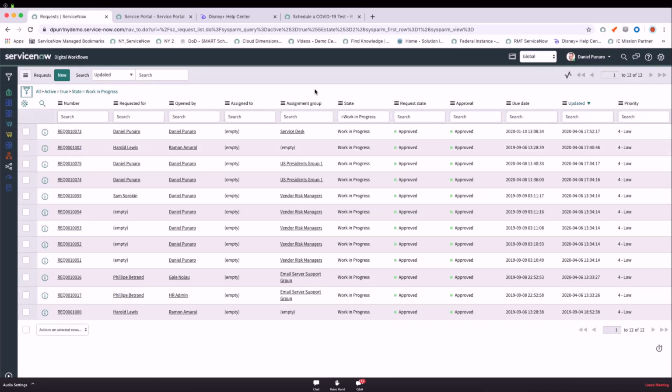And so another unique capability that we have working in our list view is the ability to collaborate. So we have these requests. Actually, I'm going to take one step back. So we see all these assigned tos. Some of these are empty. You can